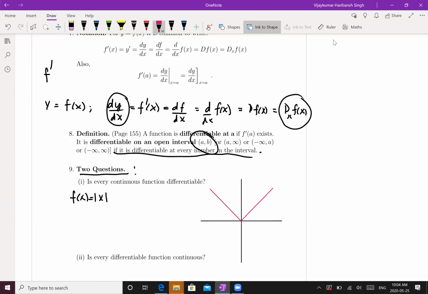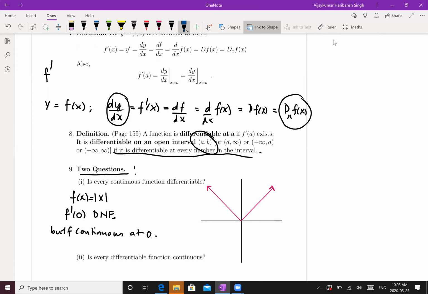So this is how f of x equals absolute value of x looks like. And we have already seen that f prime 0 does not exist, but f is continuous. As you can see, f is continuous at 0, right? Now, one way to see geometrically why f prime 0 does not exist,